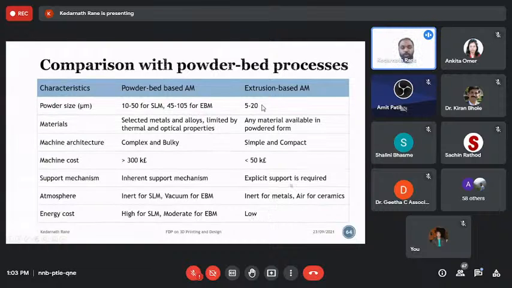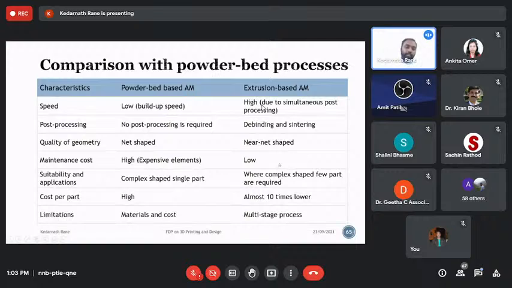Energy use is low. There is a need for inert gas for metal processing, and air for ceramic processing, because ceramic is a stable material as compared to metals. There are other aspects I compared here: speed, post processing,